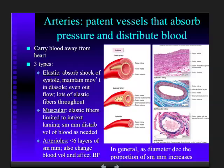And as with anything, we can't just say all arteries are alike. Instead, we're going to think about big arteries, and then we're going to work our way away from the heart. You think about the further distance you get away from the heart, whether you're going down the body or going out your upper extremity, for example. As blood leaves the heart, we just said it's under high pressure. And so